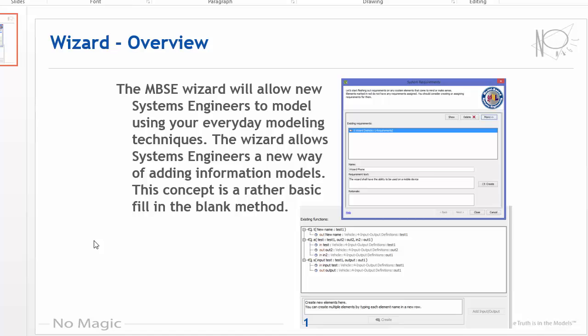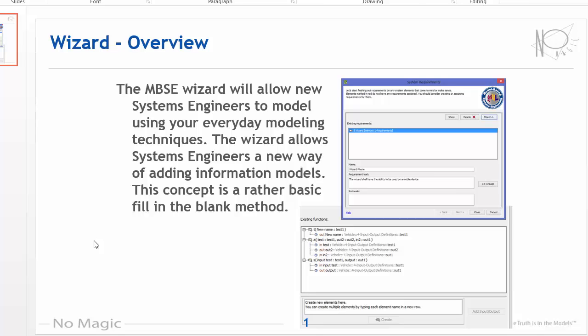It's a basic fill-in-the-blank functionality for systems engineers to put their thoughts into a very basic process that then will go ahead and model for you. Modeling is the key to success within building new or more dynamic systems. This wizard shall reduce the complexity of learning modeling right away. Introducing this wizard to your organization will help you functionally put in ideas or concepts or functions into the model